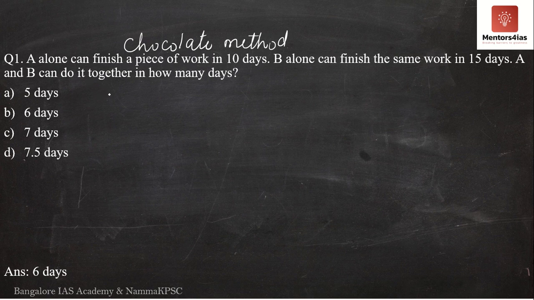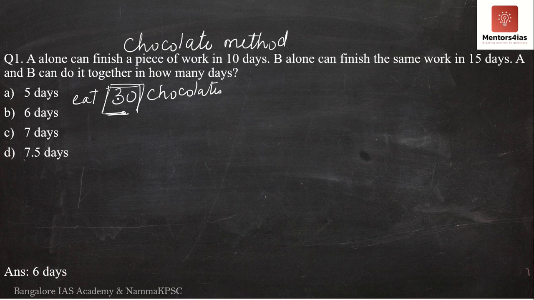let me assume the amount of work to be done is to eat 30 chocolates. See, in the previous method, that is in the traditional method, what did I say? I assumed the amount of work to be x. But here I am assuming the amount of work to be done is to eat 30 chocolates. See, I can assume any number I want here. It does not matter. I can assume 70, I can take 100, I can take 2000, 1,10,299, whatever it is. But why am I taking 30?